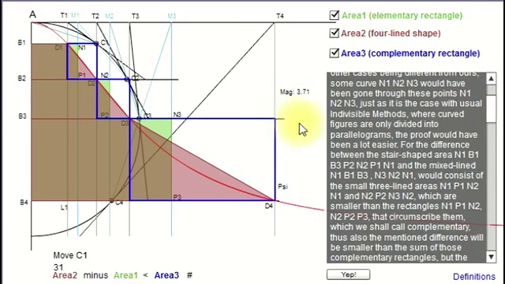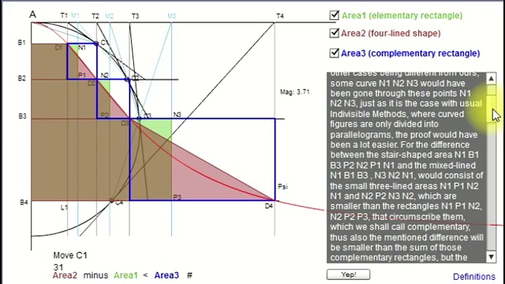And he clearly refers to the method of John Wallis, who actually divided areas into infinitely small parallelograms. The proof would have been a lot easier. For the difference between the stair-shaped area n1, b1, b3, p2, n2, p1, n1, and the mixed line n1, b1,